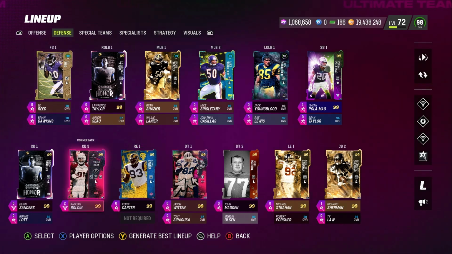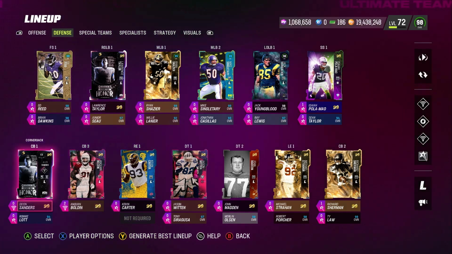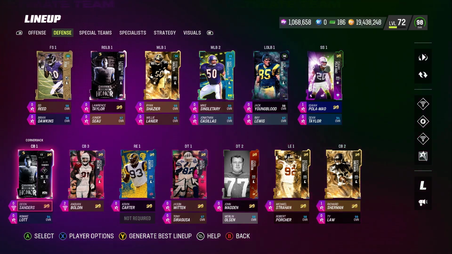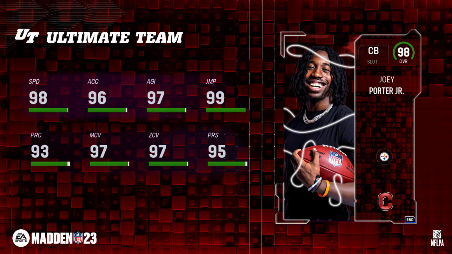All right, moving on then to the bread and butter of the defense, the skill positions, the secondary. Starting off first here with our corners. Deion Sanders will be receiving an AP back on him once I get a certain card. And that certain card that I was talking about earlier is the new Comp Pass 98 overall Joey Porter Jr.,